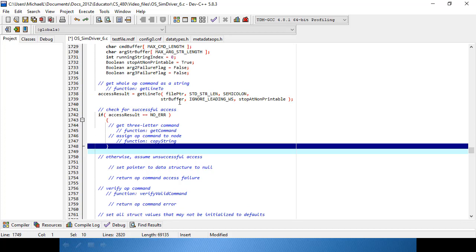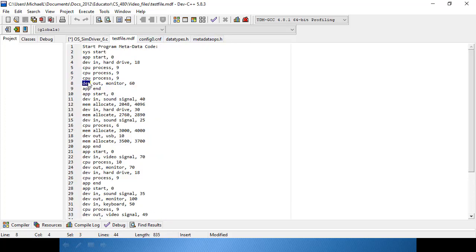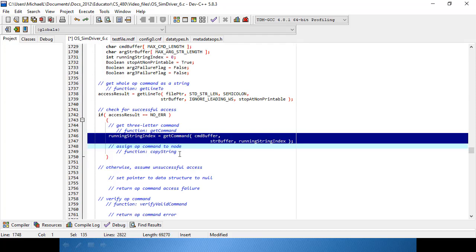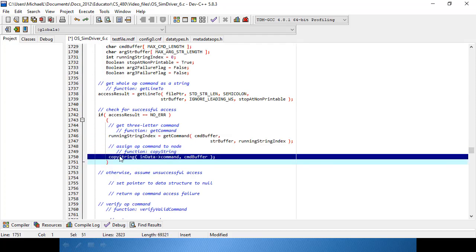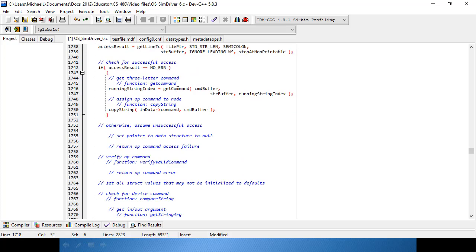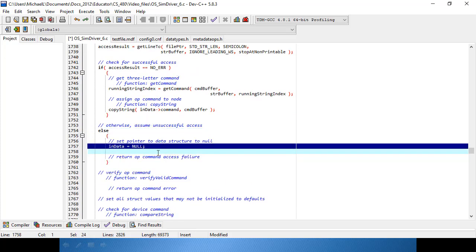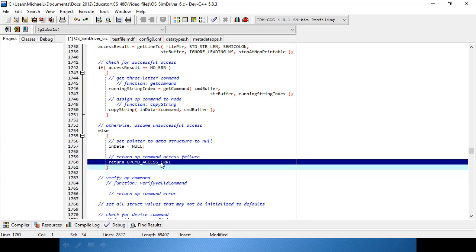If the access result said it came through okay, then I will go ahead and get my 3-letter command. This is my get command function that we really have already picked up here, and it just gets that first 3-letter quantity right there. Then I'm going to assign that to the string, copy string to indata command. The indata is the node pointer we'll be passing back from this getOp command. If we failed there some kind of way, then we'll set our pointer to null and we'll return opcode command